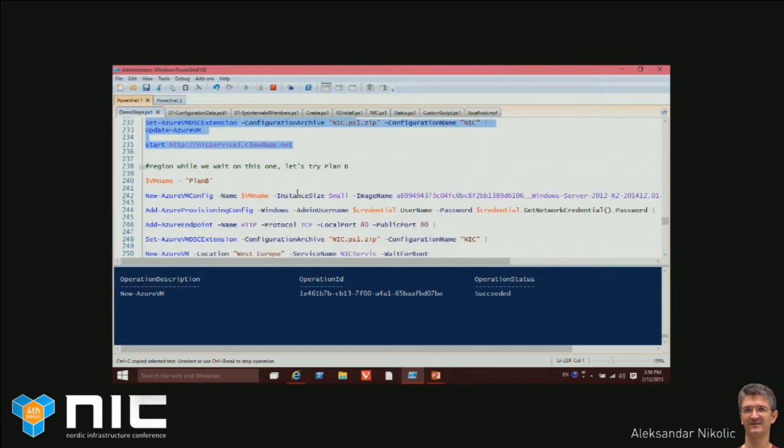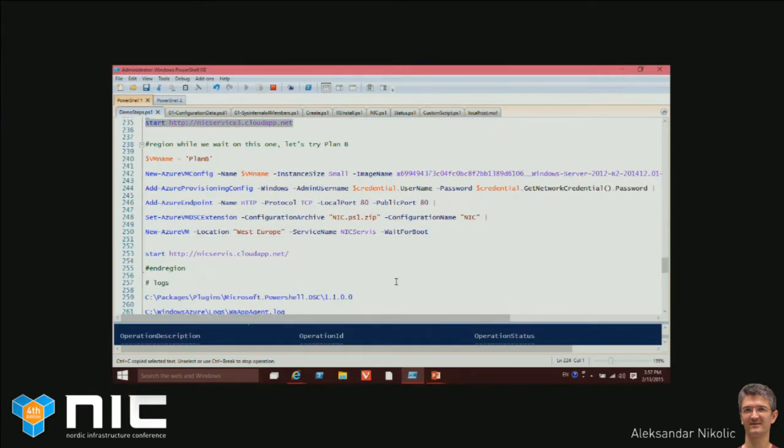I don't want to wait for it, so I prepared already a machine called Plan B, because all those things are happening at the same time, and as you can see, we need to wait a little for those machines to boot properly. So what I have here is practically the same thing up to here for configuring a public port and names and admin credentials and all those things. Then I'm setting that NIC configuration on it, wait for it to boot,